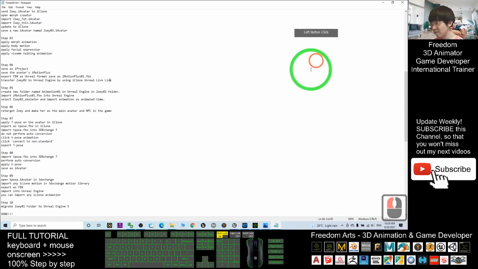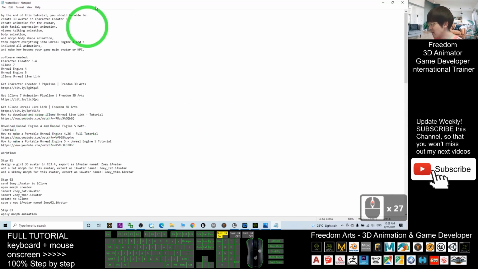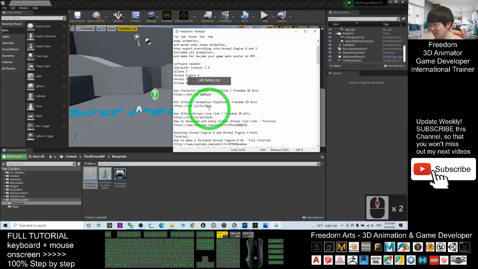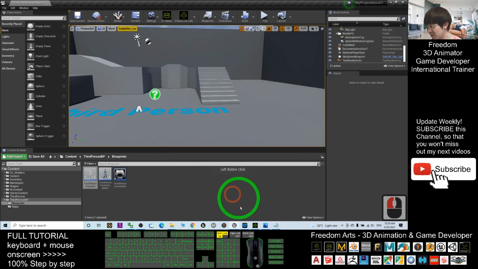Previously, I already created a tutorial that shows you how to download and install the iClone Unreal Live link. If you still don't know how to get it, how to download it, and how to set it up, then you have to go to the video description and click into this link, how to download and set up iClone Unreal Live link. Once you're ready, then you are going to transfer